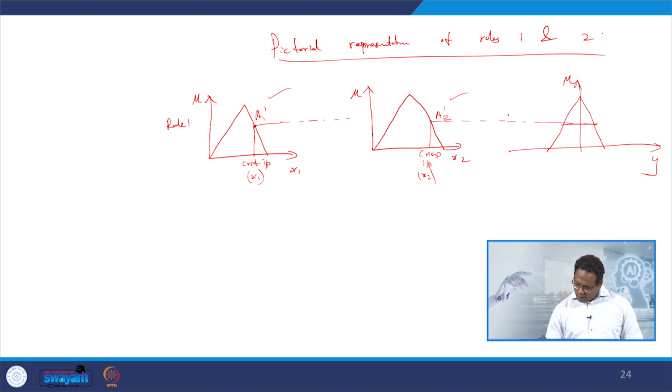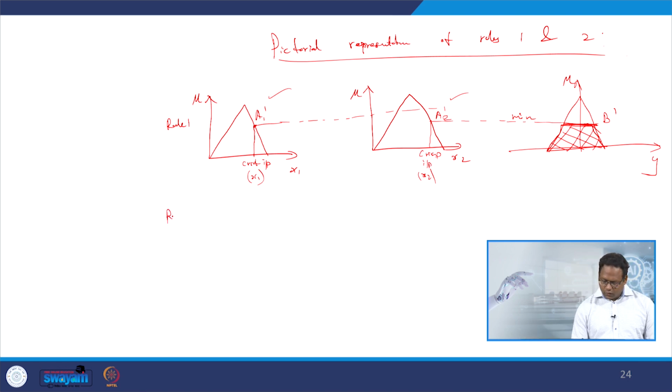Okay. So, here comes the A11 and A21. The minimum of this comes here in your output, that is B1. This portion. Okay. So, this is now the first rule's output B1. Likewise, for rule 2, we have the membership function,